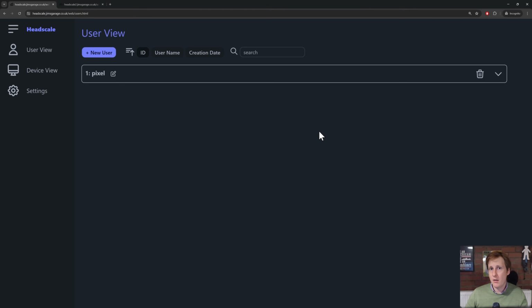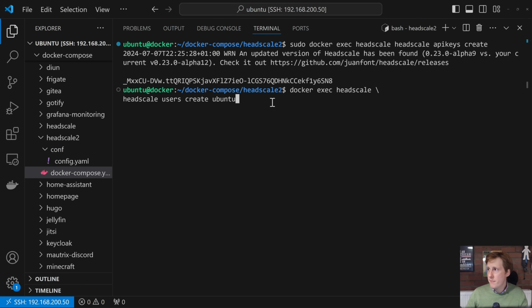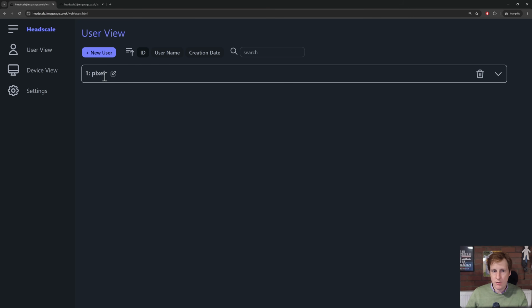It's simply making those calls in the background using the API. To prove that, if I go back into my terminal and run the command sudo docker exec back into Headscale, and then do headscale users create Ubuntu, I'm not going to press return just yet. If we have a look back in here, we've only got this one user. If I now run this command,